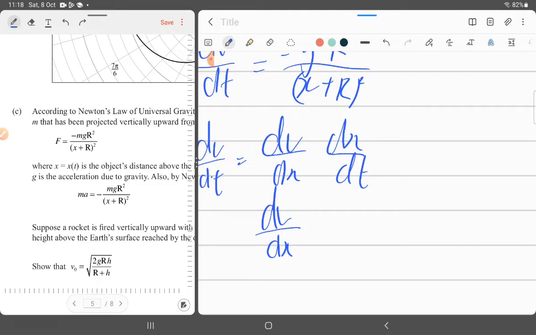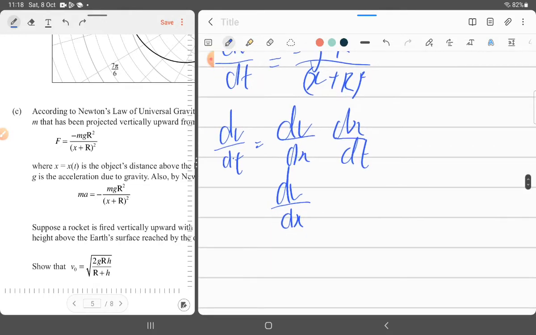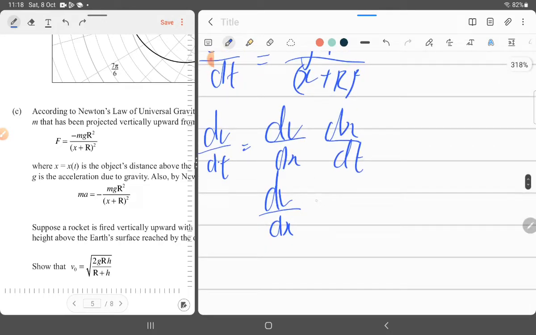So dv over dt is the change in velocity over time, which is the acceleration, and dx over dt is the change in displacement over time, which is the velocity. So dv over dx times velocity is equal to